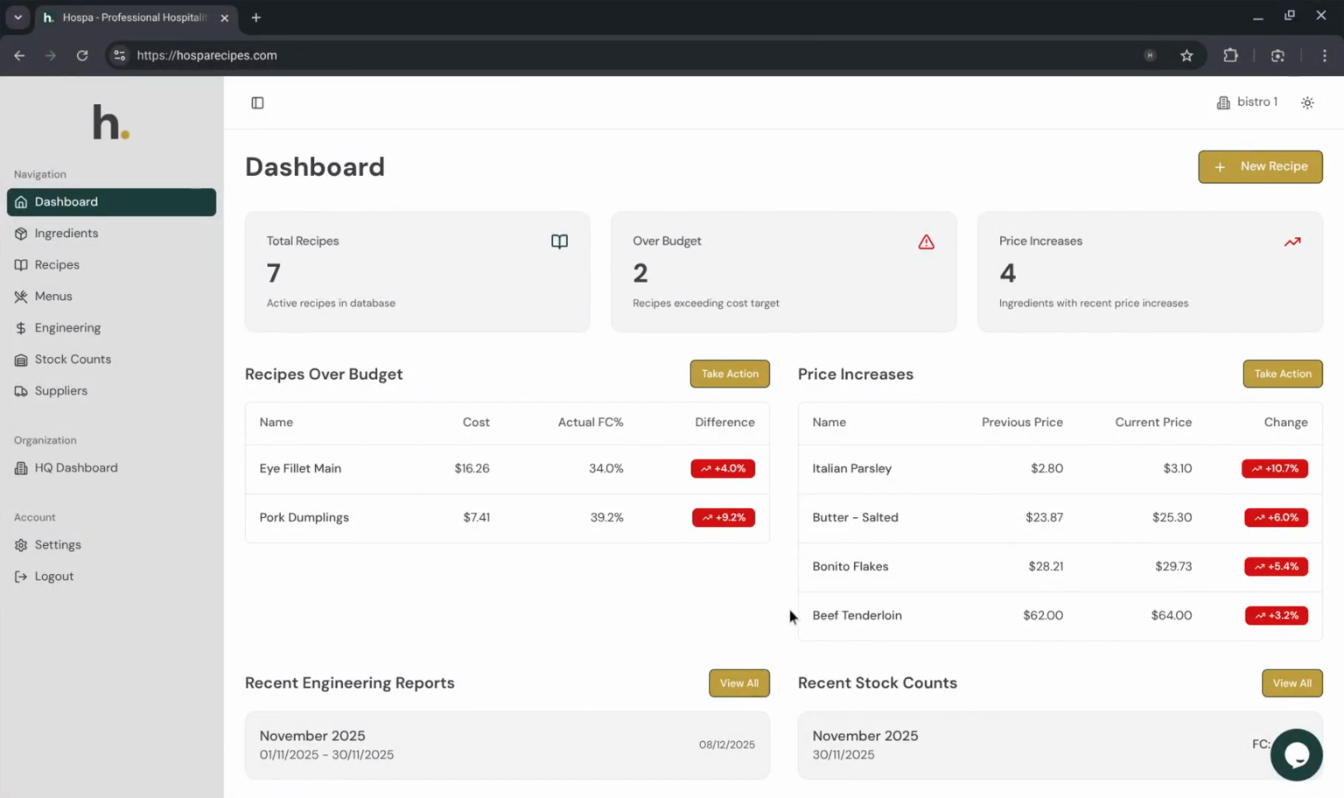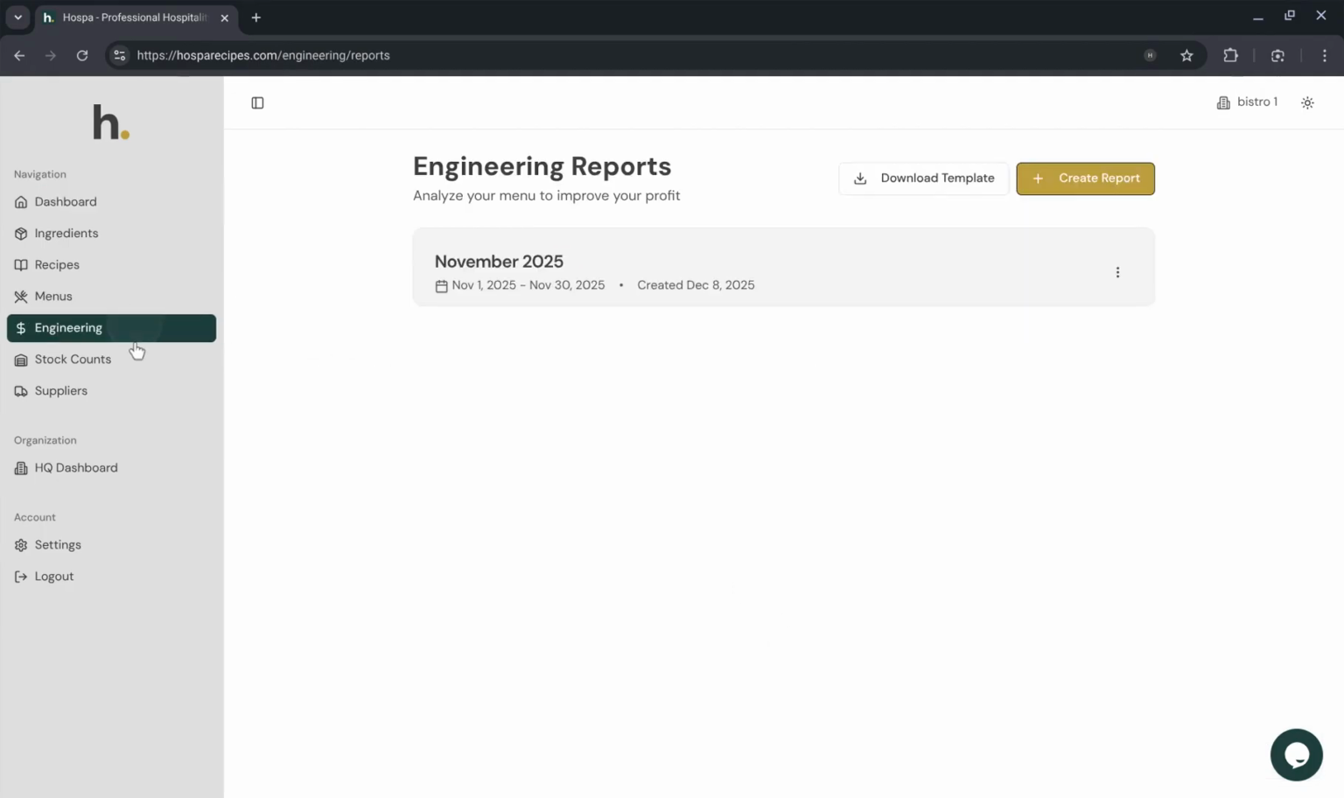Today we're just going to be going through some of the menu engineering functionality that we have here in Hospa Recipes. So start from your dashboard, come down to engineering on your left hand side. What you'll see here is your engineering reports home. You've got download template, create report, and then you'll see an ellipsis menu here in this report that's already been